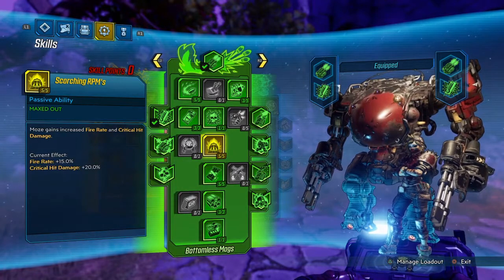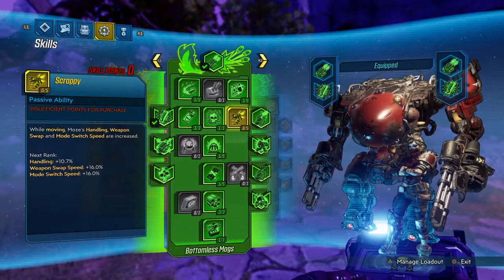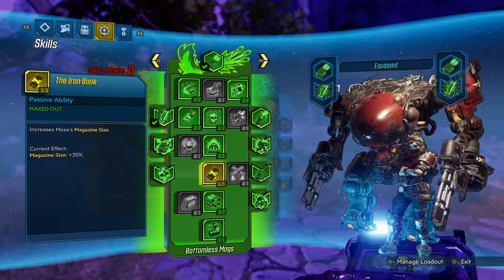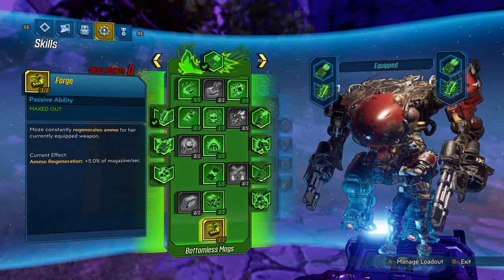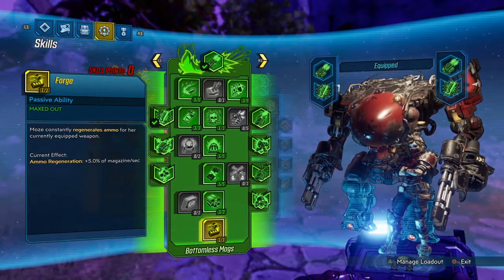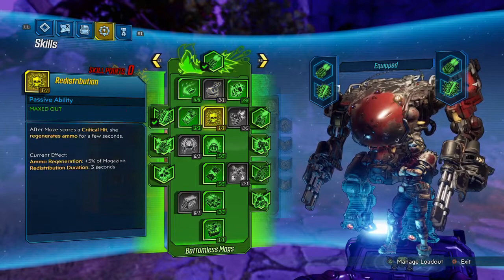For this fire rate and critical hit damage, you definitely want that. It's just extra DPS, and it's better than anything else you could put it in. Plus magazine size, this really helps with the ammo regen. The higher your magazine is, the longer you can just keep spraying for. This one, the lower your mag is, the more damage you do. That's obviously good when you're just spraying. And then this just, you're always regenning ammo. So with this, anything with a high magazine, you could spray for a very, very long time with this and